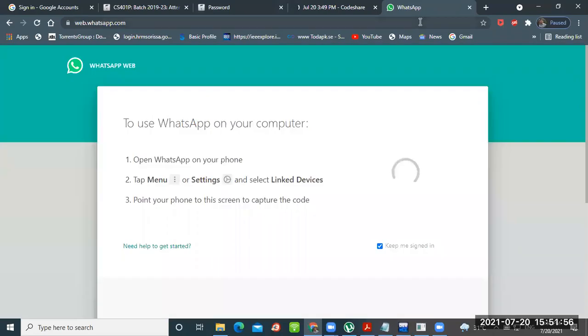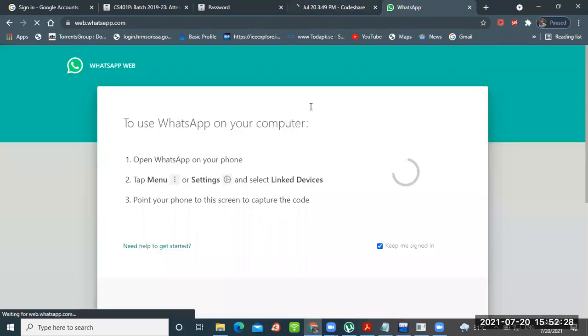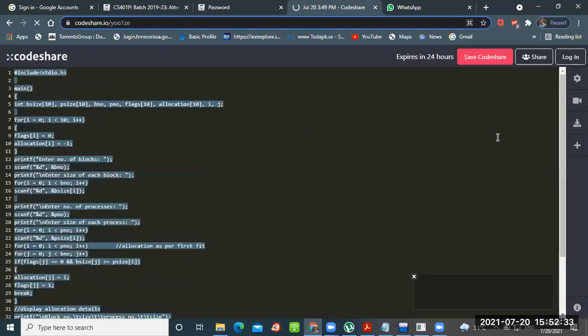Sir, paste the link in chat box. Yeah, we can copy from the chat box. Okay, I just sent the link there. You can copy the link from there. Tell me whether you're getting that solution.